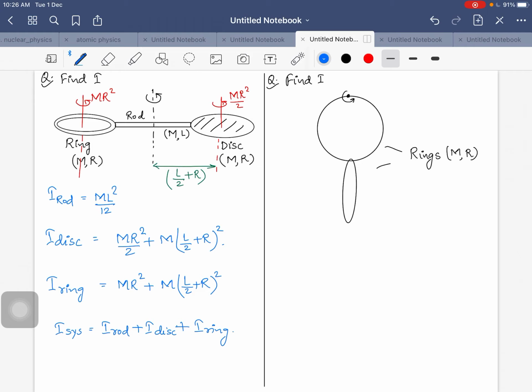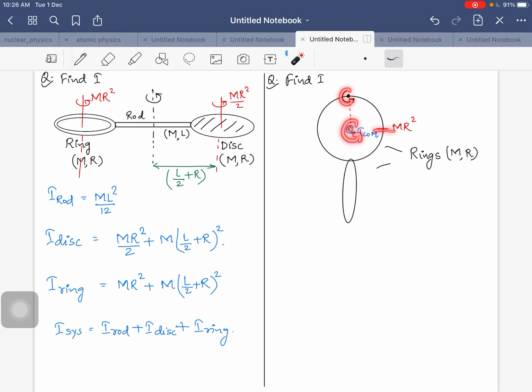Here you see, in this case there are two rings, one is like this and one is passing through this like this, and they are rotating about this axis like this. Okay, so what will be the moment of inertia? There are two rings, so we have to individually write for this ring and this ring. What you see, this is nothing but I center of mass of any ring, and it is equal to mr². So we need to apply the parallel axis theorem between these two.